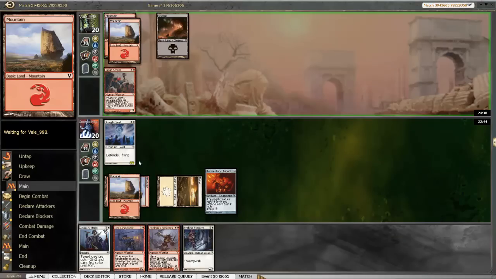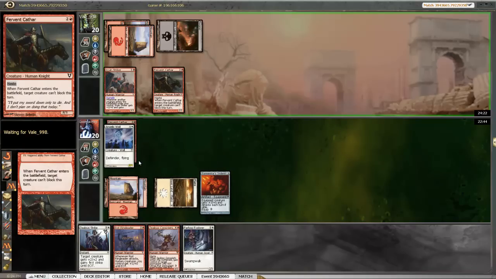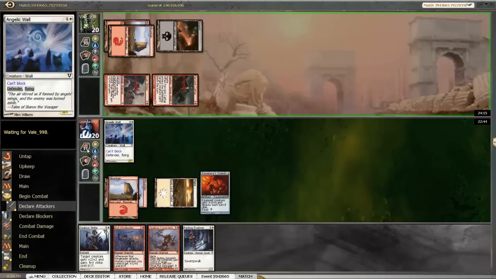Oh, he does have a swamp. Alright, so playing the explorer was not playing the explorer. It's a shrewd move. Alright, make it so the wall can't block. That's fine, we'll take 5 damage for a turn. Not great, but